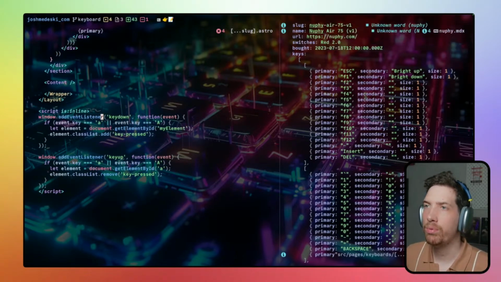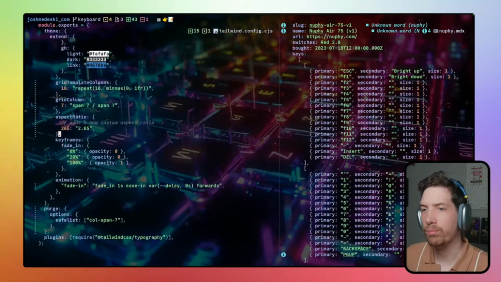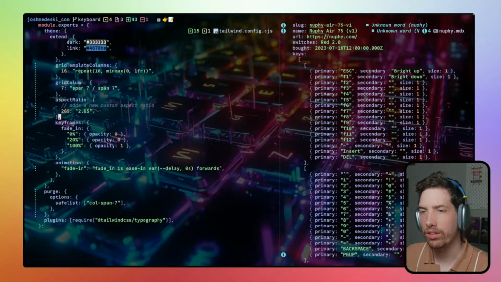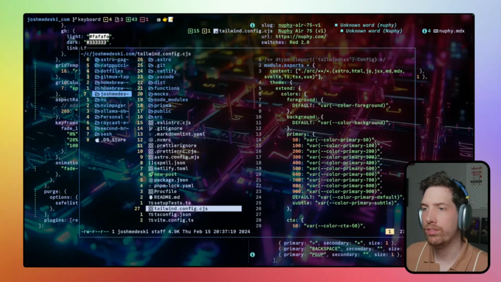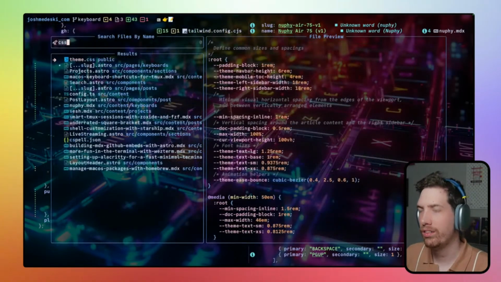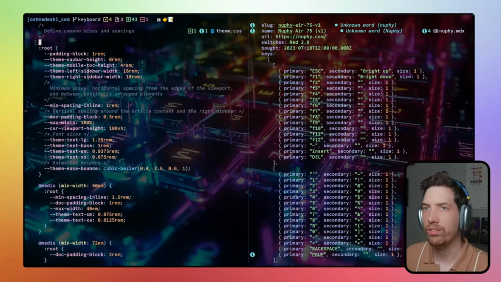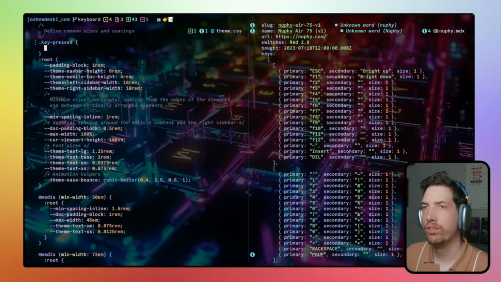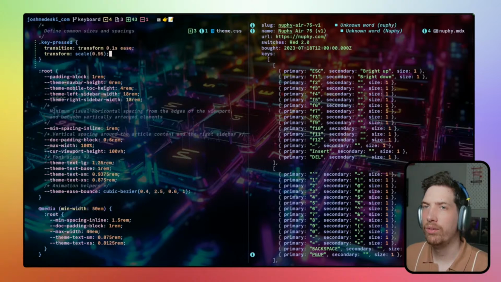And then key pressed will be just some thing that we create. Let's see, key pressed. Do I have a CSS file? Yes, I do. Key pressed. For now, we just want to,